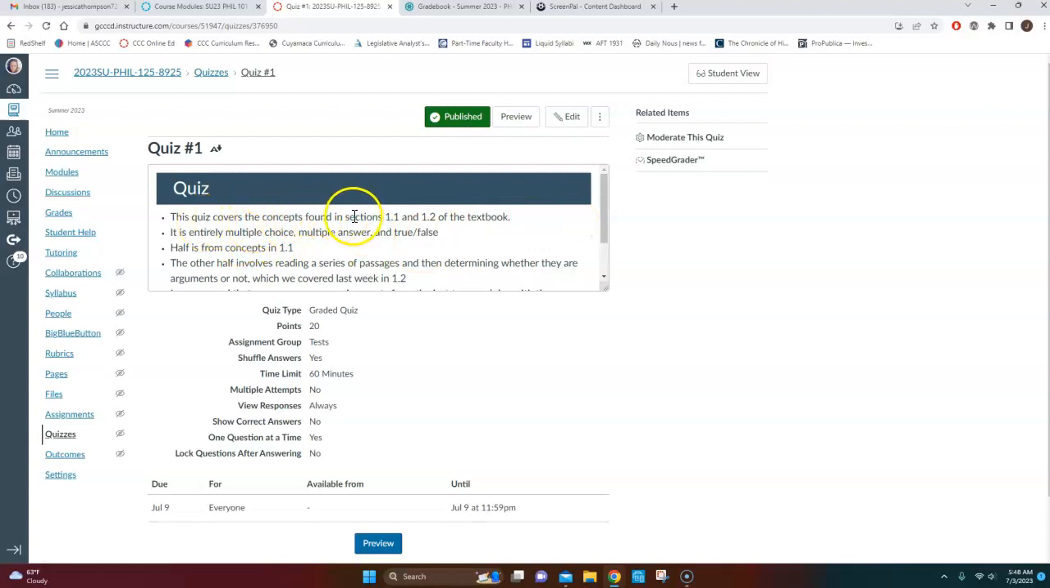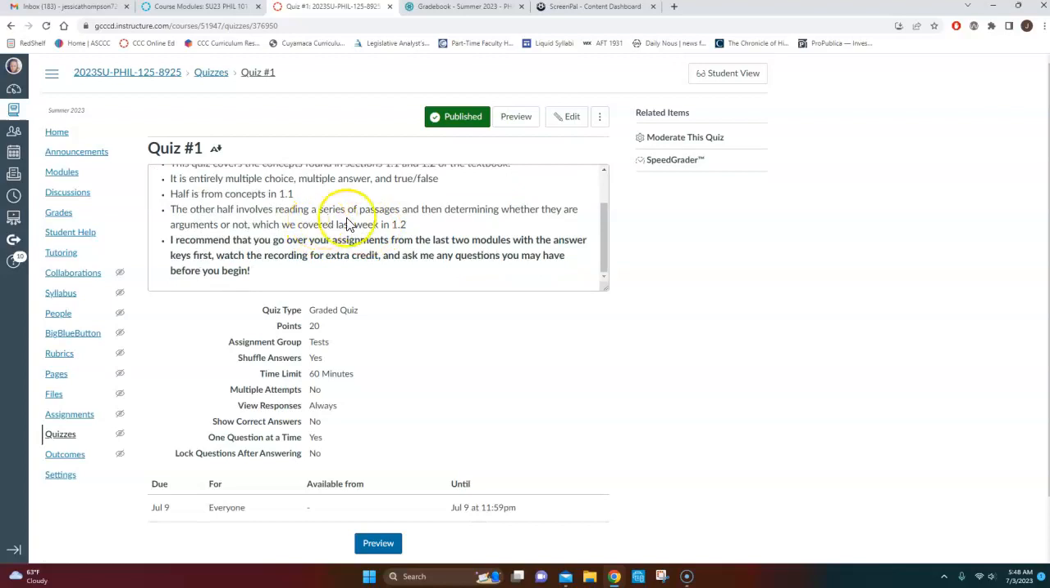It covers the concepts found in sections 1.1 and 1.2 of the textbook. It's multiple choice, multiple answer, and true and false. Half of it covers the concepts from the textbook in 1.1, and the other half involves reading a series of passages and then determining whether they're arguments or not. If it's an argument, you need to spot the conclusion, and that was covered in section 1.2 from the